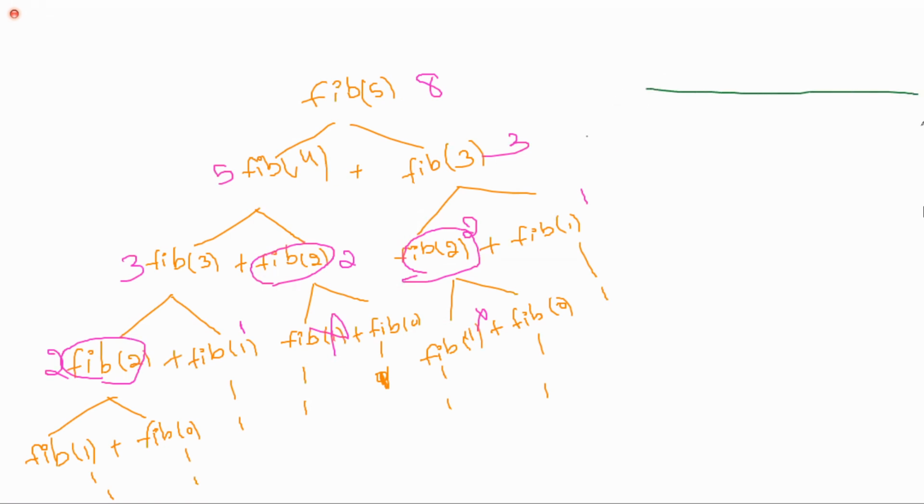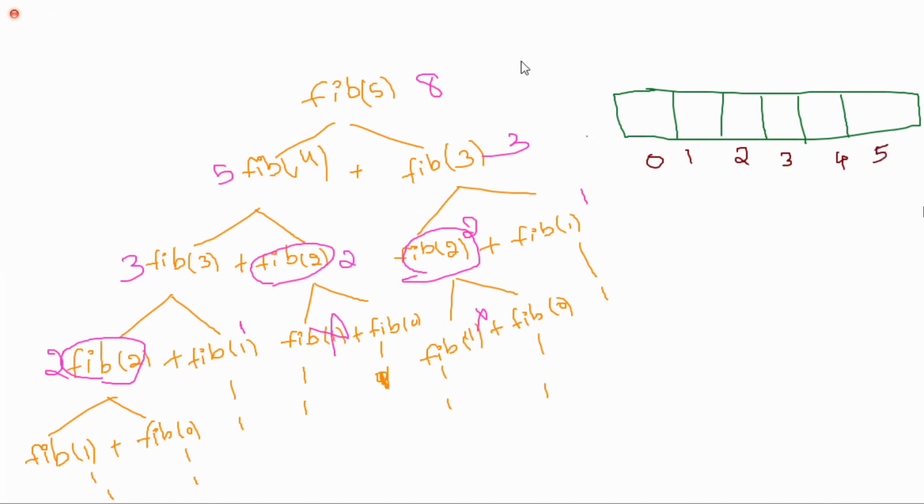Assume this is the given array. Okay, fifth term I have asked you. So 0, 1, 2, 3, 4 and 5. Okay, I'll give the positions also: 0, 1, 2, 3, 4 and 5.